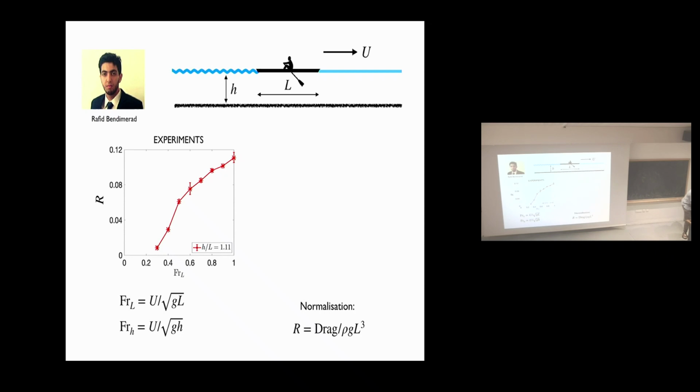What happens if you go shallower is you start to see this strange thing happening, which is that you develop a bump in the drag. So essentially you get a little bit extra drag when you're close to when the depth-based Froude number is 1. So when you're close to FRH1, you get a little increase in drag, and then at slightly larger velocities you get a little bit of a decrease. Okay,